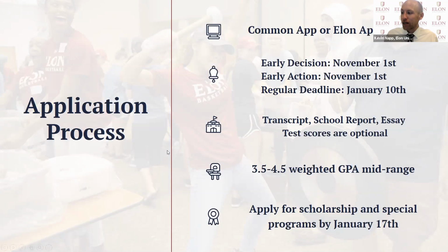You'll see our weighted GPA of a 3.5 to a 4.5. Keep in mind that does take into consideration any advanced classes that you've taken in high school. So if you've taken AP, dual enrollment, IB, we take all of that into consideration as part of our review